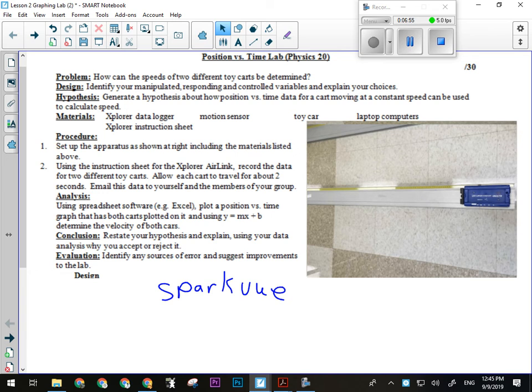So we're measuring the following things: time and position. And that's it. Those are the only two things that we're measuring in this lab. I want you to think about how this lab is going to work in terms of the variables. The longer I allow this cart to go, the farther it will go. Agreed? So in that way, I'm kind of determining the length of the experiment. The experiment can really only run as long as I have space for it to run. So I've kind of determined where the experiment begins and where it ends, which means I'm manipulating the length of the experiment,